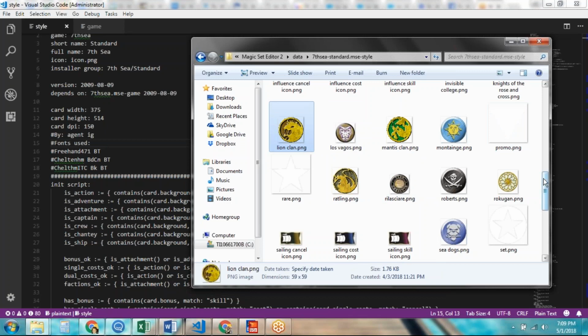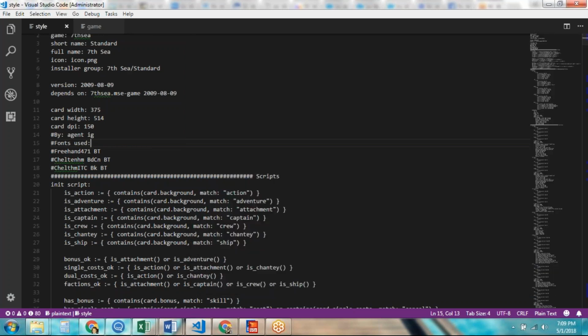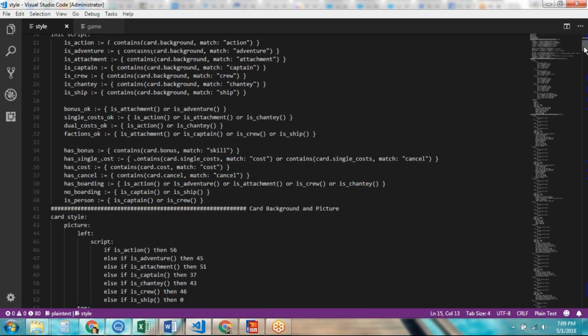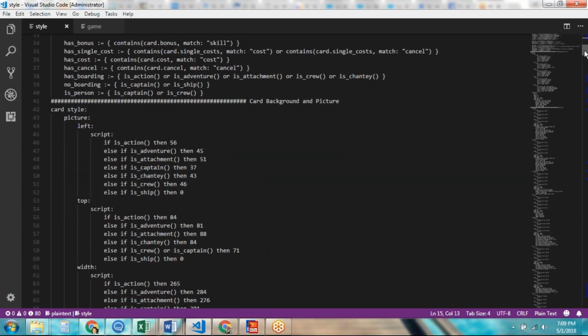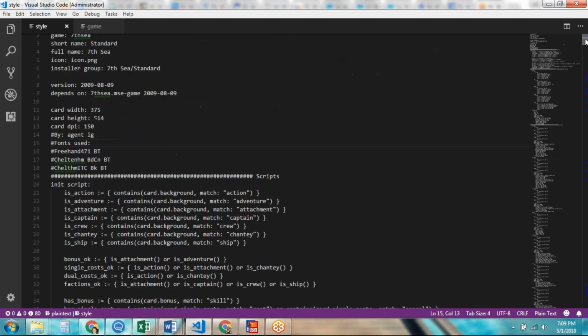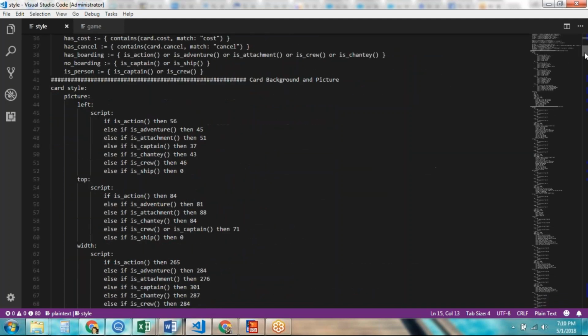If you want to get more technical, you want to change around names and have it fit in more with what you're trying to accomplish, then you can also open up the style file within the style folder. And as you can see, I've already pulled it up here. And this is where you can edit the stylization for all the cards and the icons and symbols and text and so on. So we'll see things like fonts along the top,